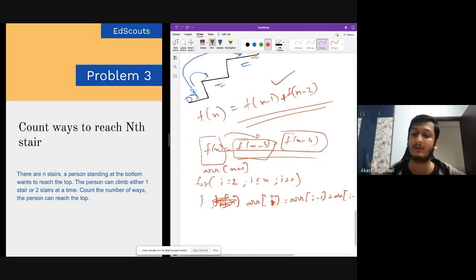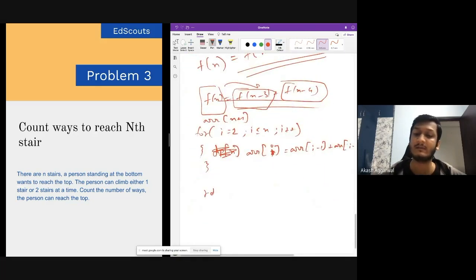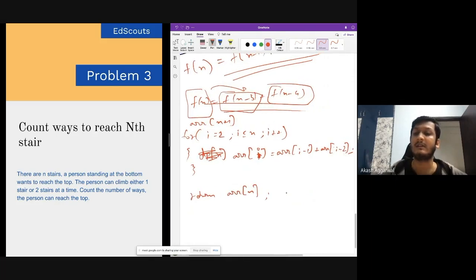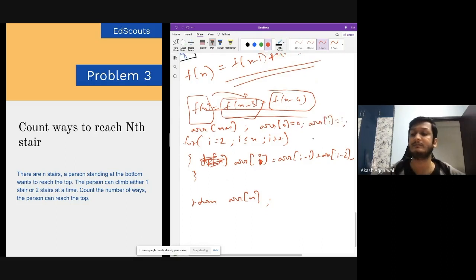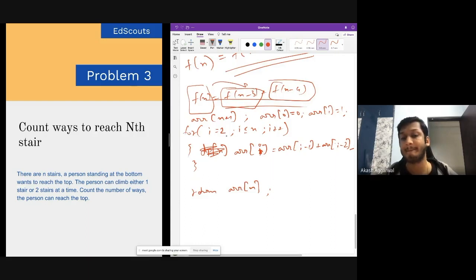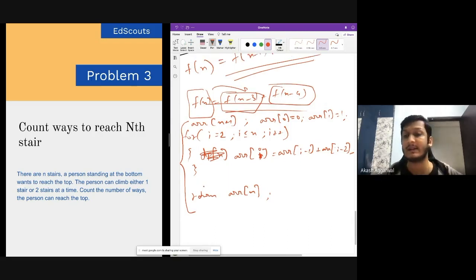This will also solve the same problem, and we return arr of n at the end. You will also have to declare arr of 0 as 0 and arr of 1 as 1. Is it okay? So everyone is getting this iterative approach also.